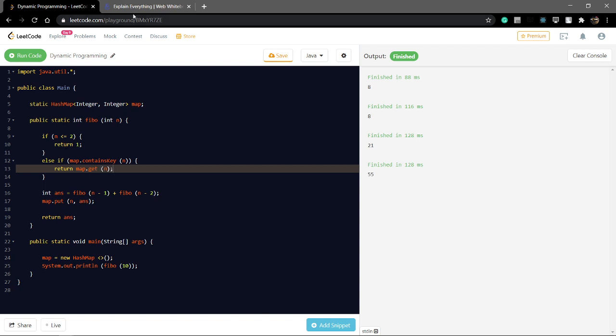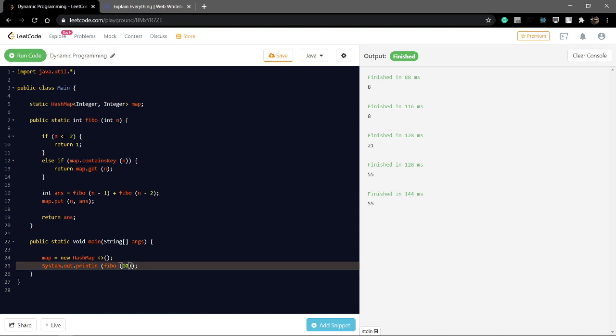Again, this is the right thing. Now move to the next one. Okay, now change the element, like 55.